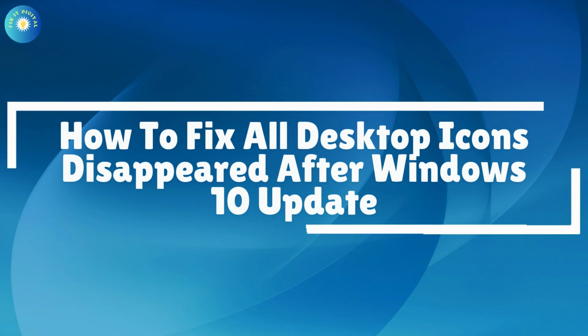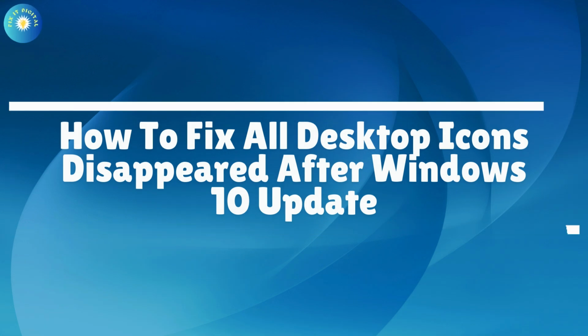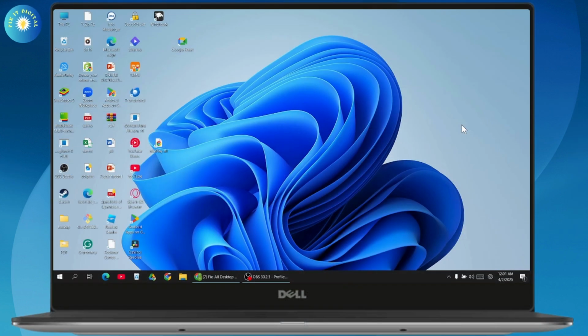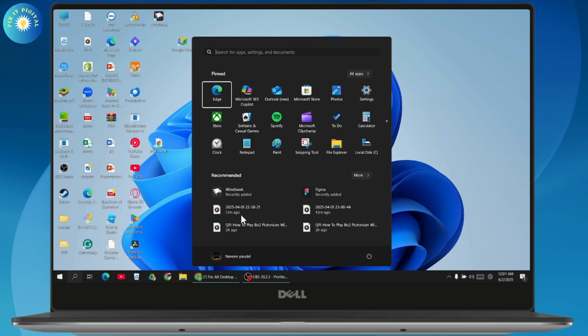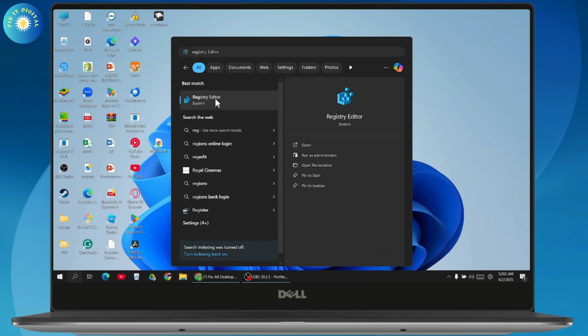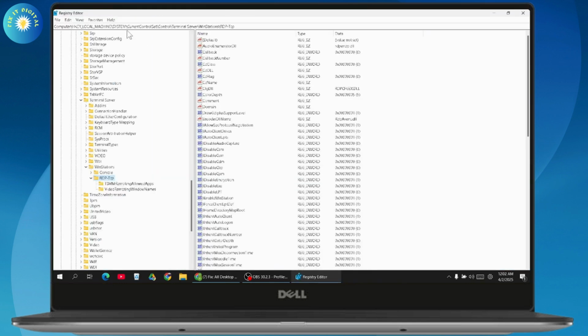Fix all desktop icons disappeared after Windows 10 update. So if you want to fix all desktop icons disappeared after Windows 11 or 10 update, then what you need to do is first simply go to your search, and under search you need to search for Registry Editor. Click on yes, and from the Registry Editor you need to go to the View section and make